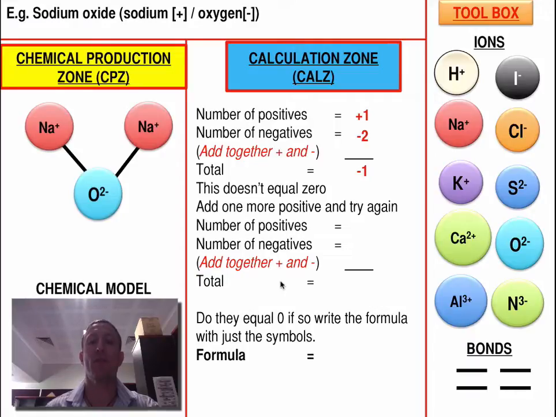So the number of positives here are +2. The number of oxygens is -2. We add those two together and we end up with a total of 0. Yes, we've done it. So, as they equal 0, we write down the formulae as we've got them there, remembering